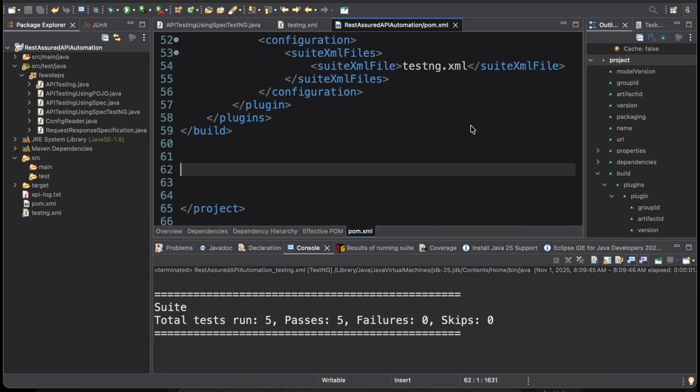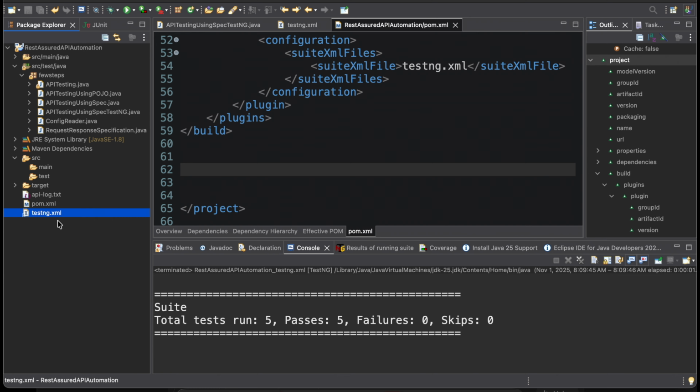In this video, I'm going to show you where to generate the test report. So we can run the test suite different ways. We can either run from here or we can run from command prompt. So to run it from Eclipse IDE, that means if you want to run these test cases,